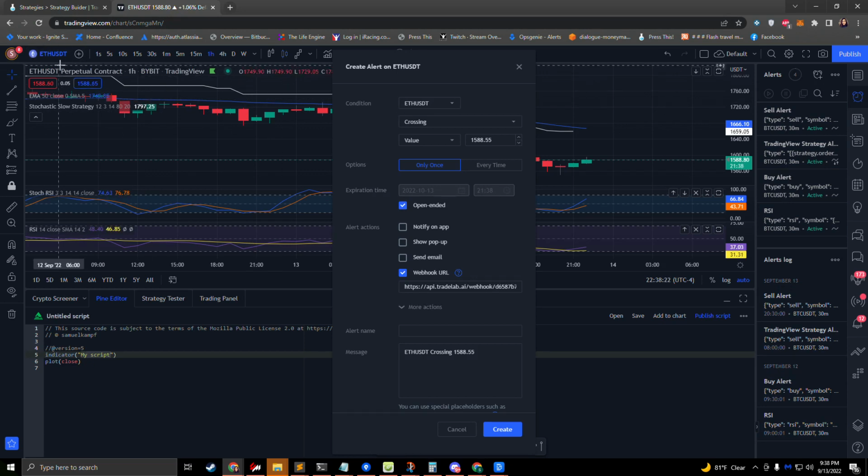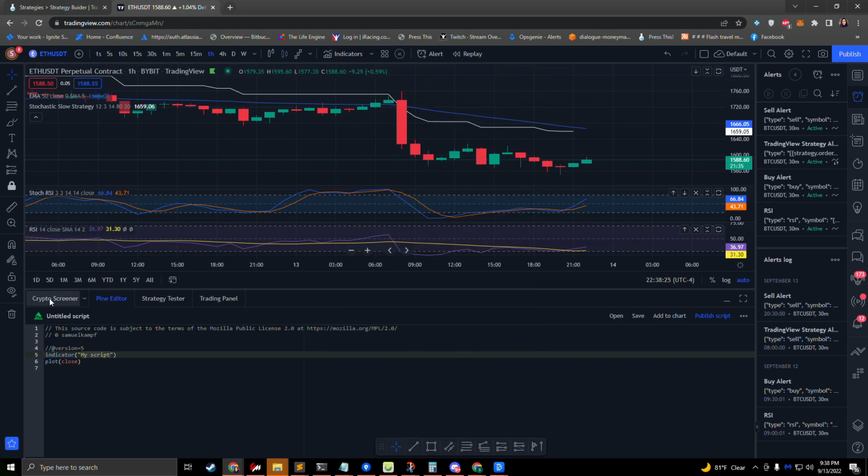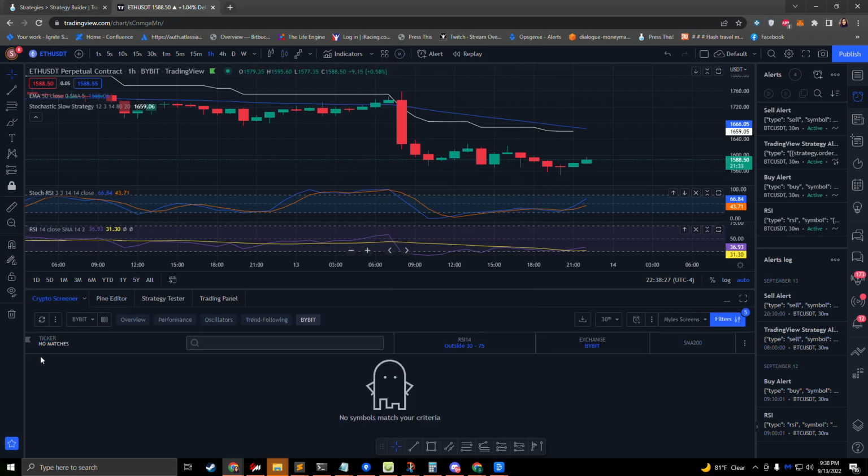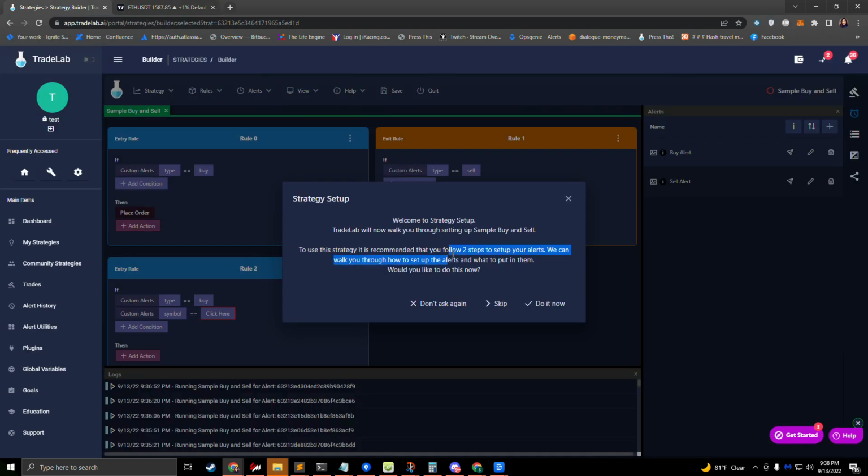There are ways to send alerts from the crypto screener, which will actually send alerts for multiple symbols. However, the crypto screener is about filtering prices and looking at those sorts of things. It doesn't necessarily follow strategies or indicators up here. So this isn't a magical way, unfortunately, for you to send a whole bunch of symbols in one alert. You're going to have one alert for every symbol that you want to send. Okay. So for example here, if we go back, we're going to have two alerts for this one, a buy